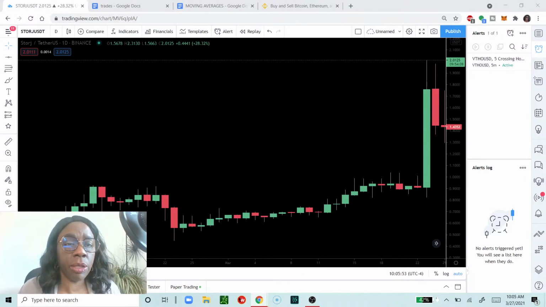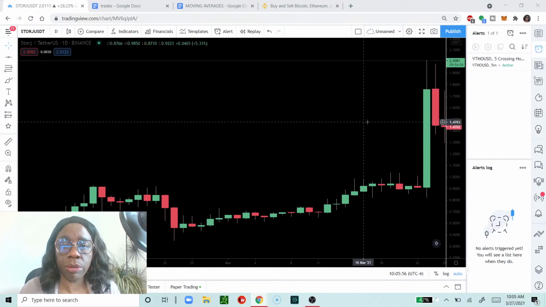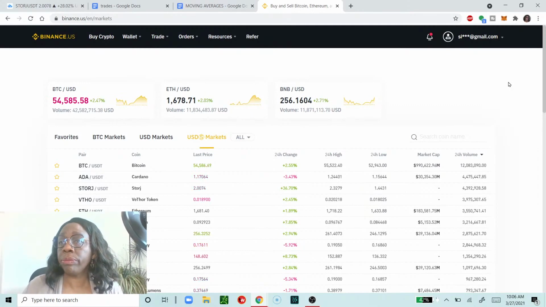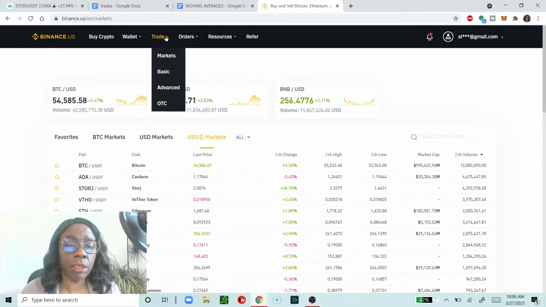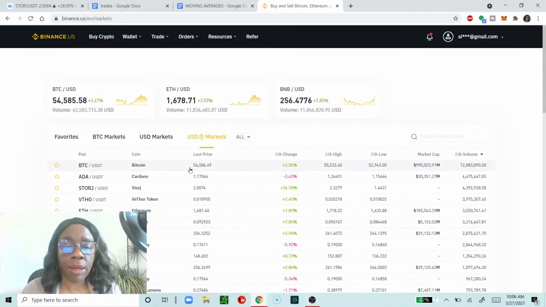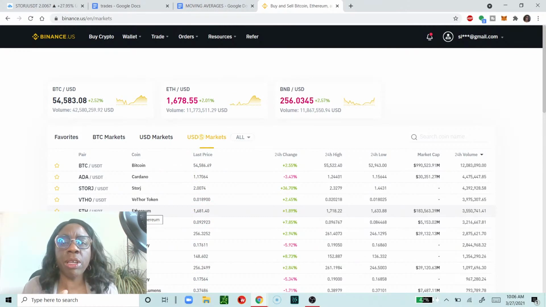Now, I'm going to take you to, let me see, my Binance. So this is my Binance account. And if you click on markets, that's where I am right now. We see what's going on in the markets right now. Now, it's interesting. You get maybe the same effect as if you're using CoinMarketCap, but for those of you who are so interested in what coin is pumping and how could I have gone in on the action before it moved upwards, well, this is what you want to do.